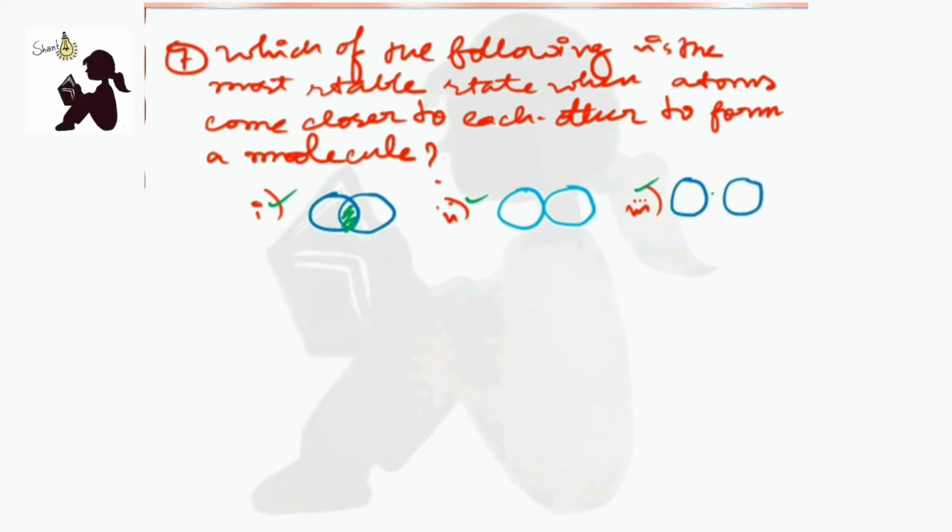So you can see that it is not stable, that's why the atoms are far from each other. And here it's comparably stable, so that they are just touching or merging like this, but here they have overlapped. Okay, so here it is the most stable. And if you want to learn it more, then see our chemical bonding video. You will learn it there very precisely, because I have told there what these bonds are called. So here the answer will be the first.